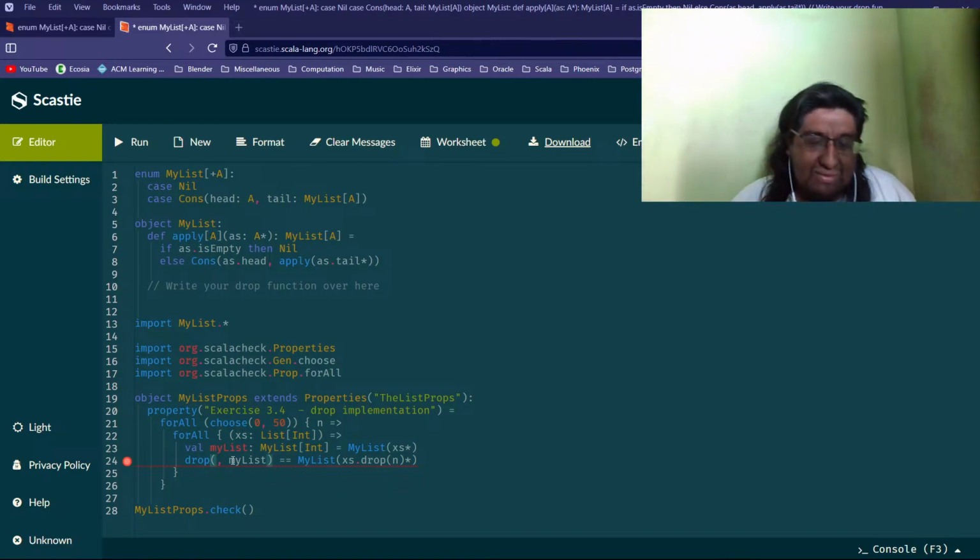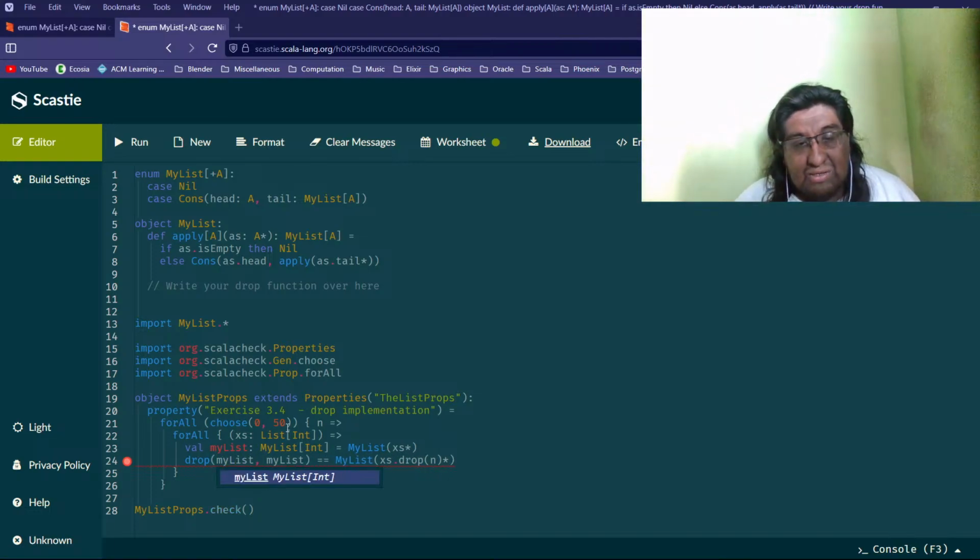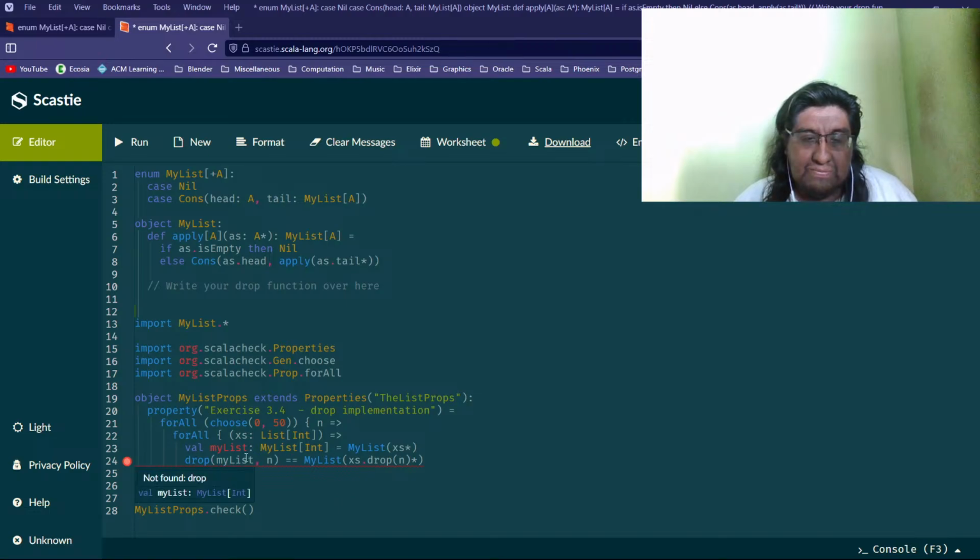You can do it, and you can then change the number over here. The other thing is that we switch the parameters, because the book wants us to use first the list and then the number. Then we went here